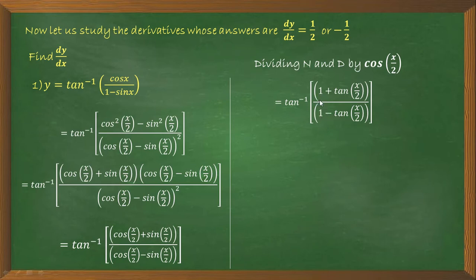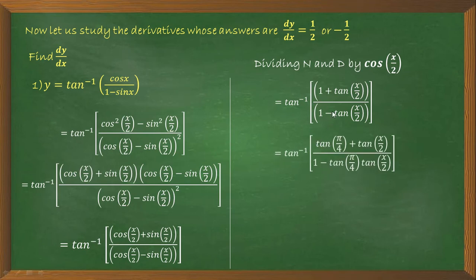Again for simplification, here we will replace this 1 by tan pi by 4 because tan 45 degree is 1. So this can also be written as 1 replaced by tan pi by 4 plus tan x by 2 as it is, upon, keep this 1 as it is, minus, multiply tan x by 2 by tan pi by 4 because tan pi by 4 is 1. So you can multiply here. So why do we do like this? Why do we replace 1 by tan pi by 4?